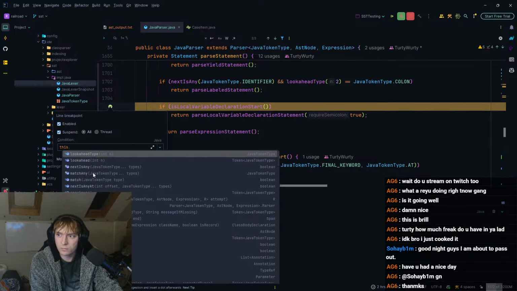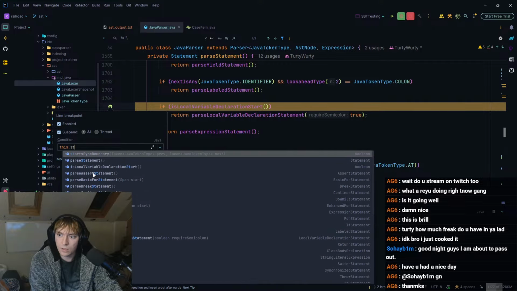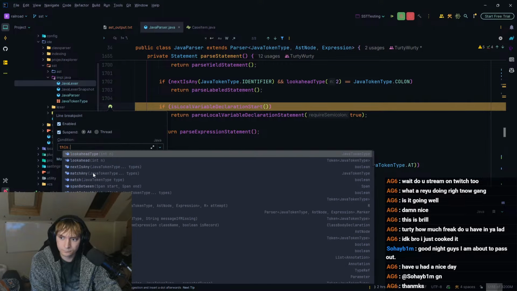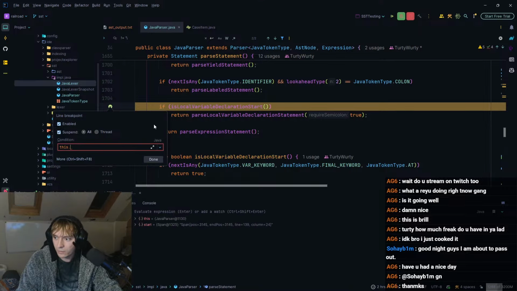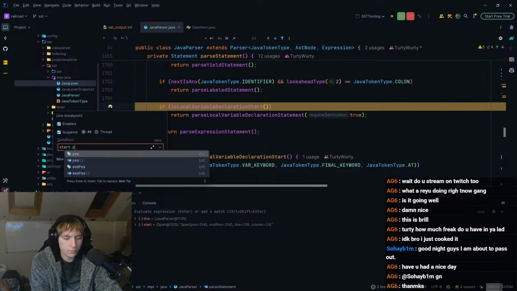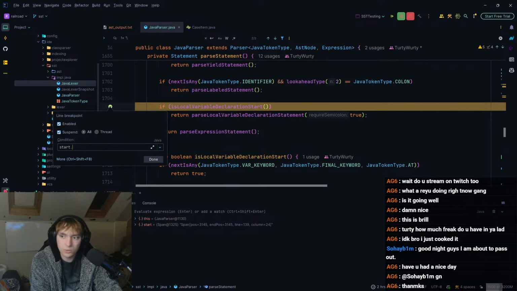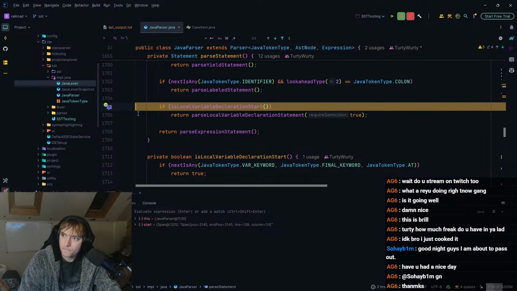This dot, what are we looking for? We're looking for start.pos.start.line is equal to, what was it, 670? Or something?